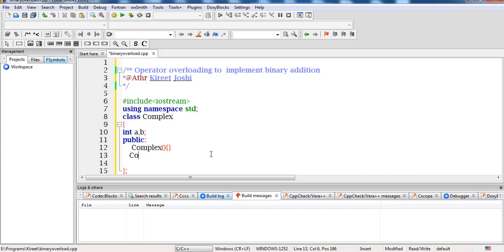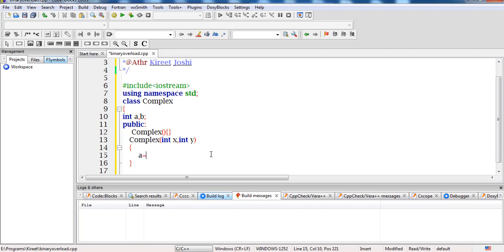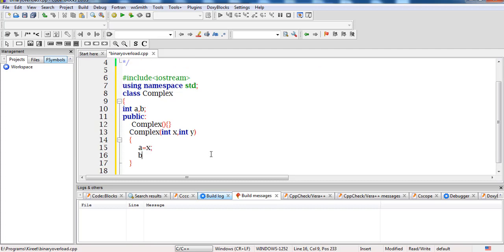I'll be using a parameterized constructor in order to initialize the instance variables a and b. These are integers, so I'll assign a equal to x and b equal to y. So the constructor work has been completed.